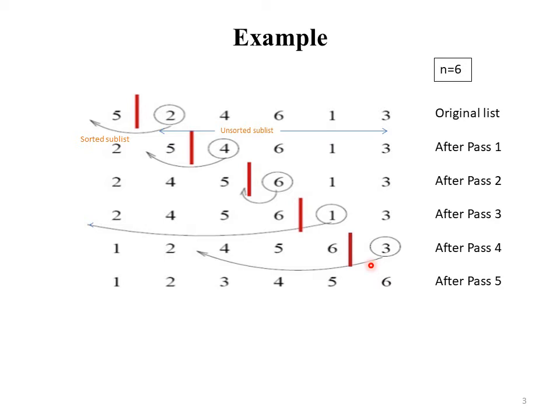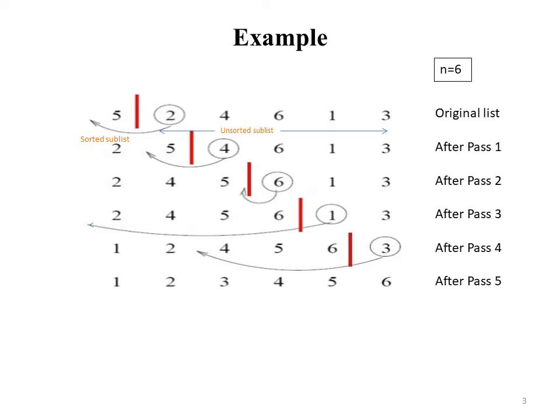Now we repeat this process and find the appropriate position for this element. So the appropriate position for 3 is the third position. So we compare 3 with 6, 5 and 4 and place it in third position. Now after pass 5 we get our sorted array. So this is our